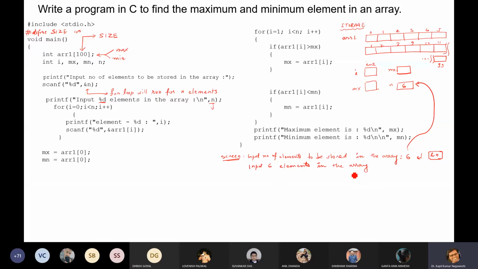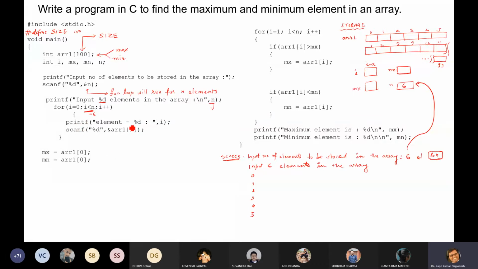Now, the next line will start and the for loop will also start. So the for loop will run from which place to which place? It will start from 0, then 1, 2, 3, 4. And what is written? I is less than n. So what is the value of n? n is 6 here. So up to 5 it will be running.